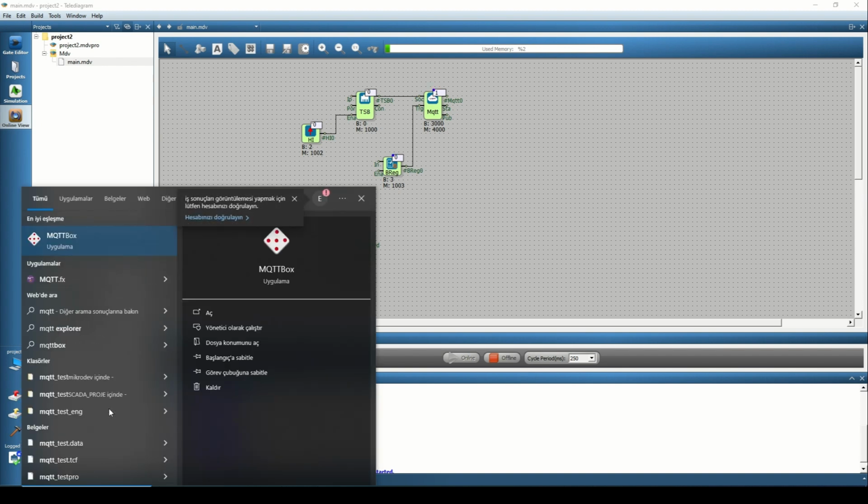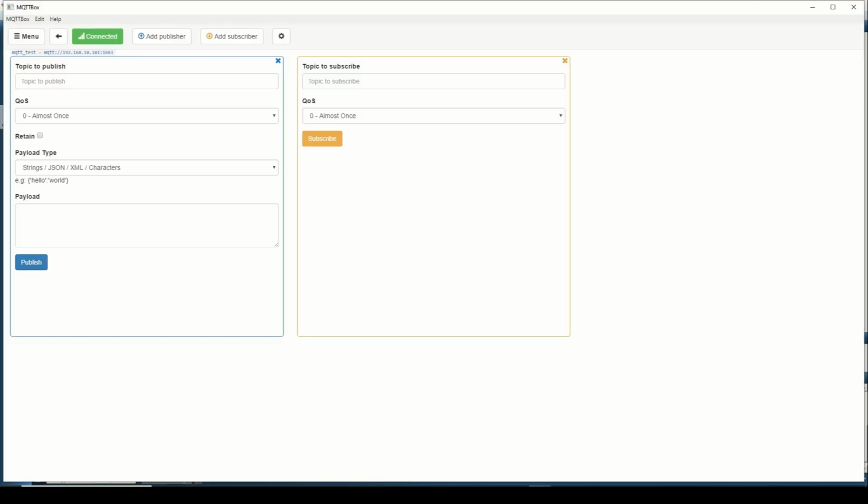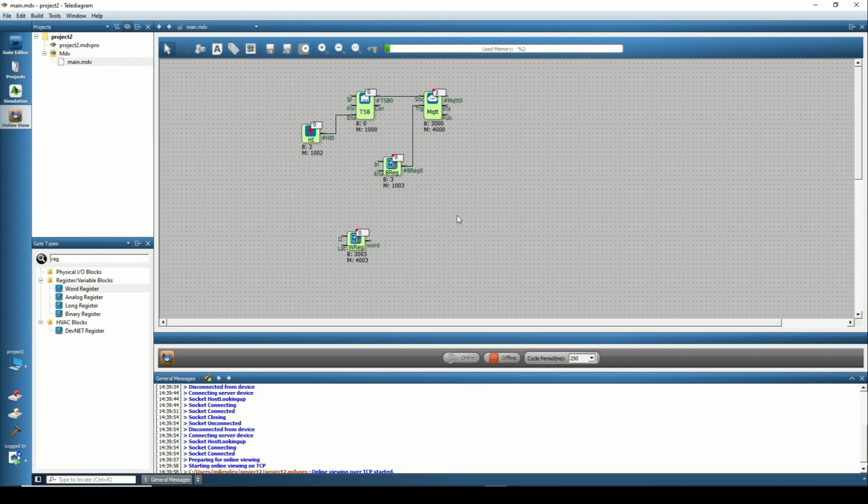Now on the other side, we also open an MQTT program. We also need to subscribe there. We opened our subscription area named word_publish with QoS0. Now let's observe the word register we published, i.e., the value we entered, via the MQTT protocol. Of course, when we open the live monitoring, it shows that MQTT is ready for connection, i.e., 3. Yes, as you can see on the screen, the value of block